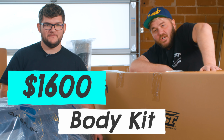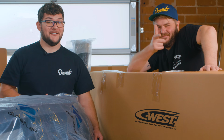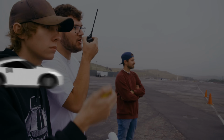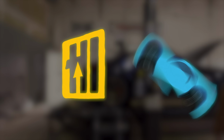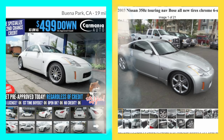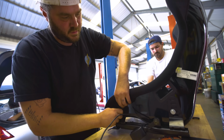$1,500 body kit versus $5,500 body kit. Does more expensive mean more better? Let's find out. History tells us yes. We bought two identical Nissan 350Zs and we've been modifying them to be fun daily drivers that you can take